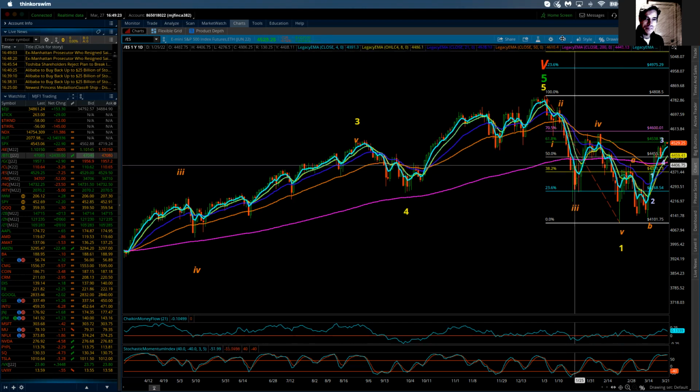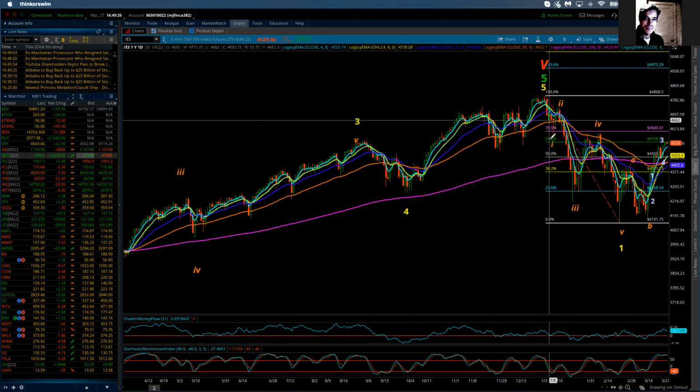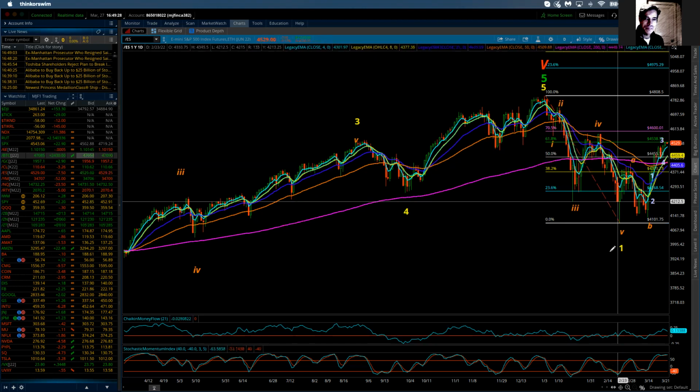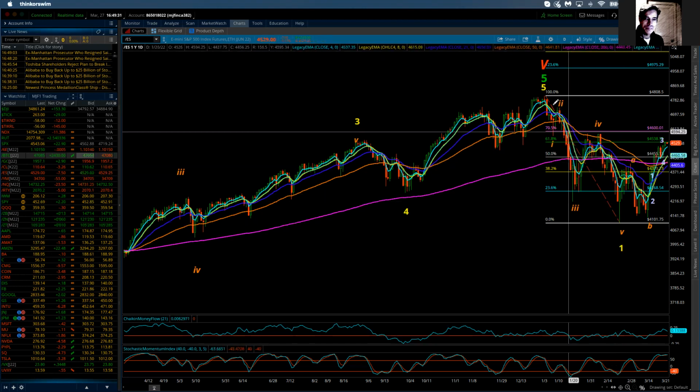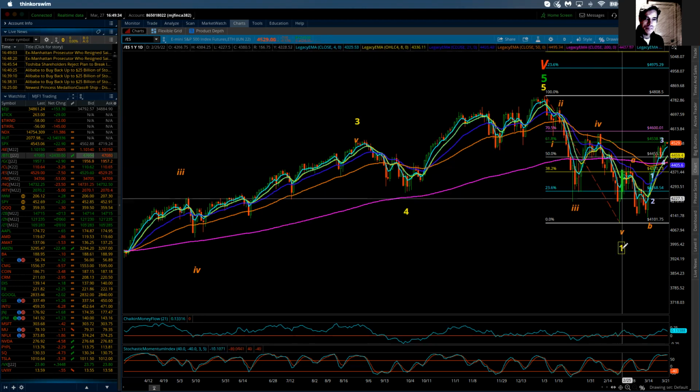So on the daily chart, I can now count 5 waves of minor degree down, which puts in an intermediate wave 1 down. I can count 5 down on the hourly chart and now 5 down on the daily chart. So it gives a lot of support to those highs being in, and that what we're now doing is just an intermediate wave 2 corrective rally.